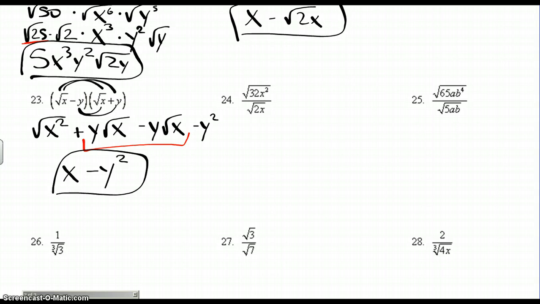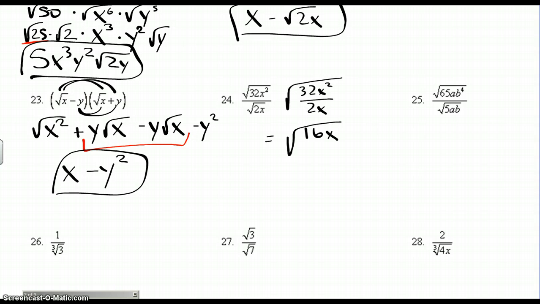Okay, number 24 is division. And just like multiplication, if they're both square roots or cube roots or the same kind of root, then we can combine them underneath. Division symbol, so I have 32x squared over 2x. If you notice, that simplifies to